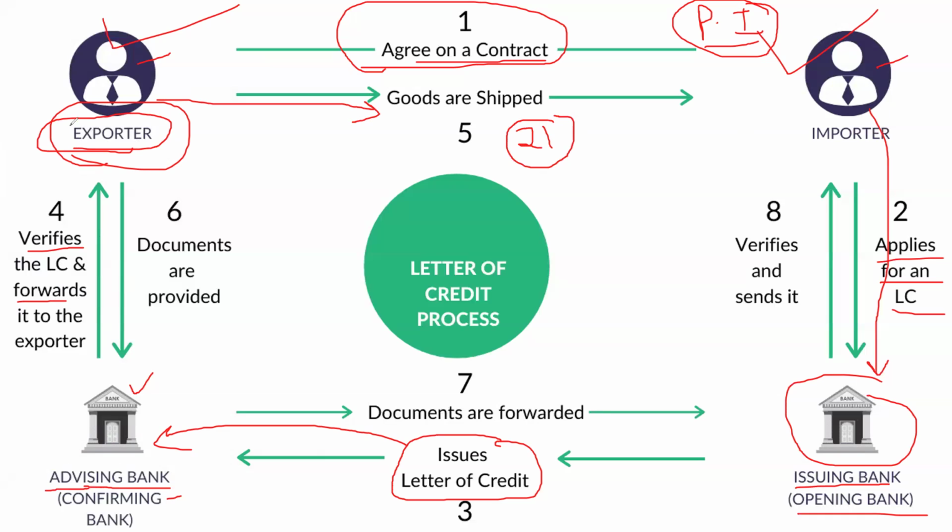So meanwhile, as the goods are shipped, the exporter will make the shipment, then he will make the documents, and submit those documents to his advising bank. This advising bank will submit the documents and forward them to the issuing bank, and then this issuing bank will verify the documents, and he will see that all the terms